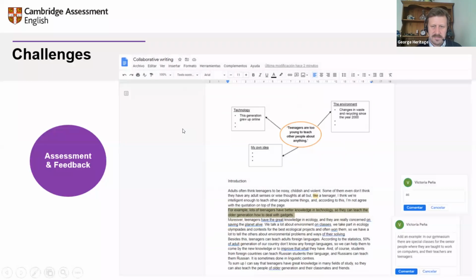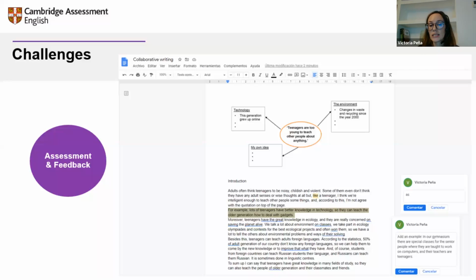Anything else there, Victoria? Yes. Well, we've seen that checklists or success criteria are a more structured approach to self-assessment and peer assessment. Another alternative, a bit more flexible in this case, is using Google Docs to encourage our students to practice collaborative writing.